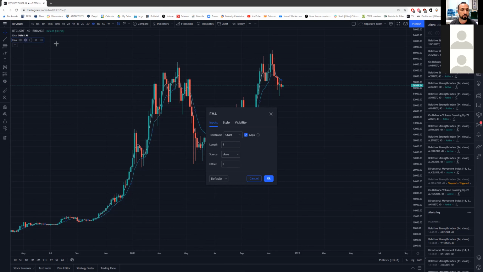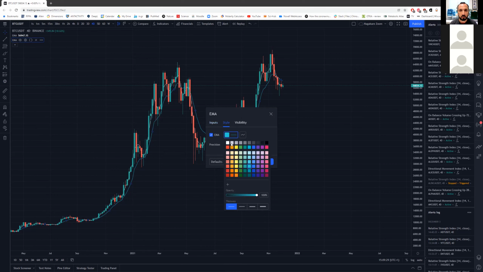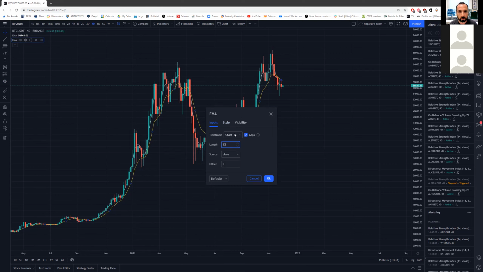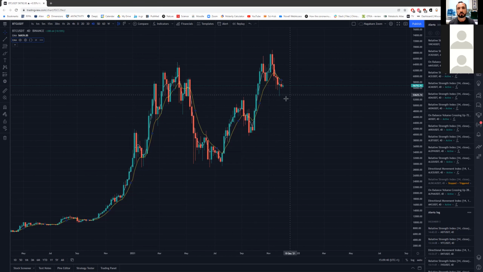For the second one, let it be yellow, and the length should be 33. The source will be close, and the time frame should also be 1 day. Now this 8 1-day and 33 1-day roughly corresponds to the 50 and 200 EMA for the 4-hour time scale, which is a very classical indicator. Whenever there is a cross, I will explain everything. Okay, now just select the indicators. Okay, and the next one,